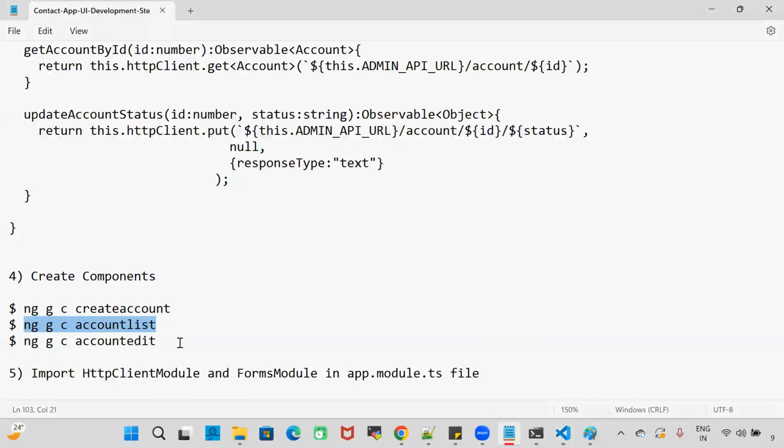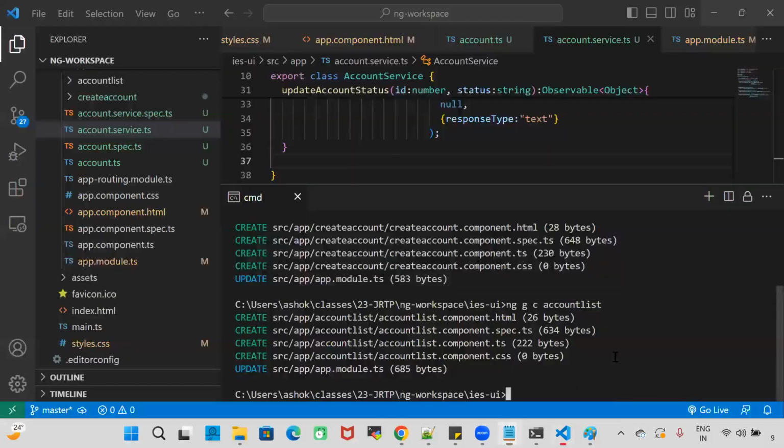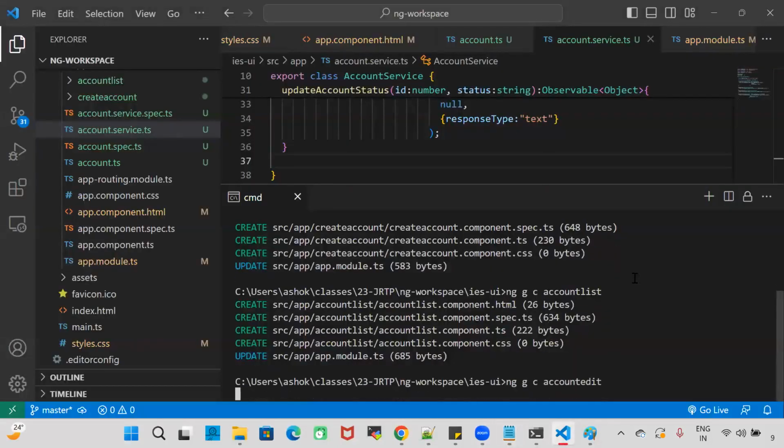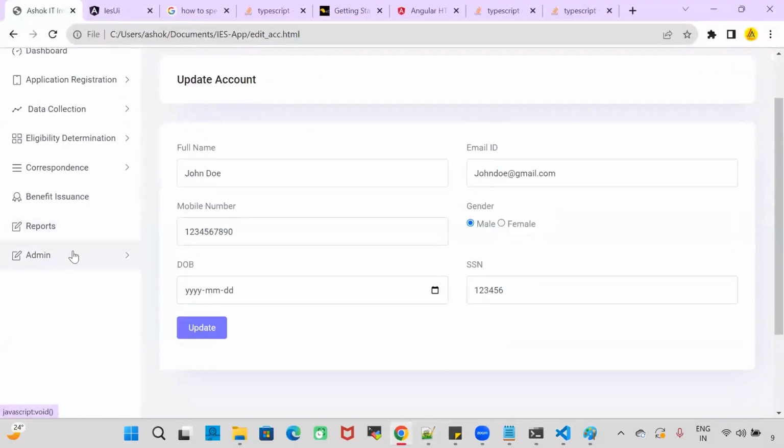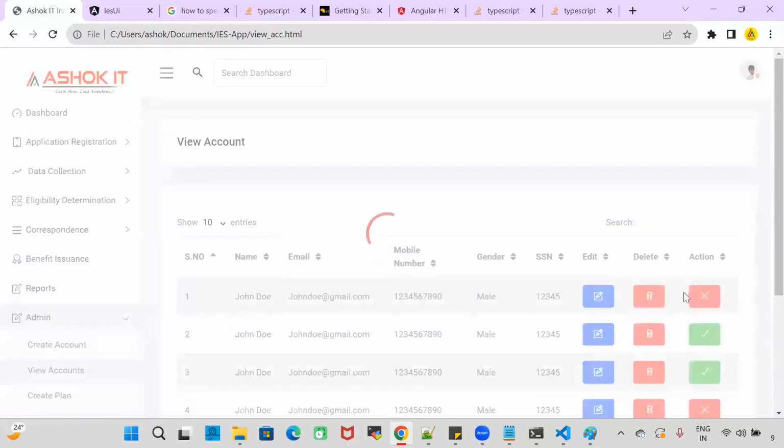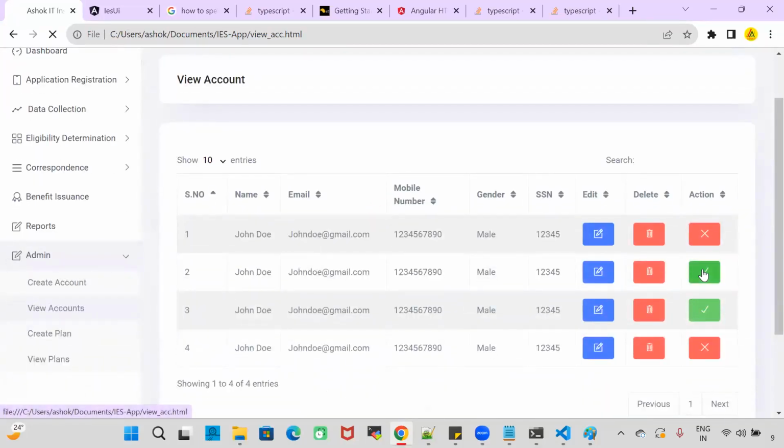Next one, ng generate account edit. To edit the account, one more component. Sir, then what about the component for updating the account? Update the account, component is not required, because when you go for view accounts, updating the account status is happening